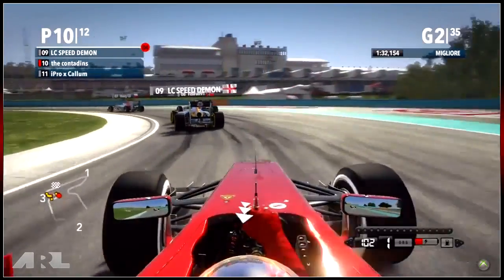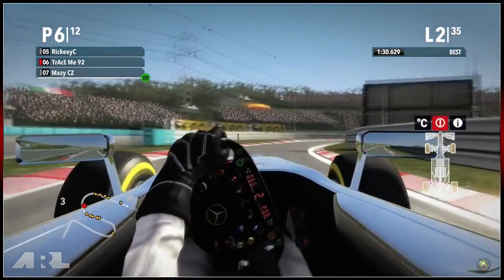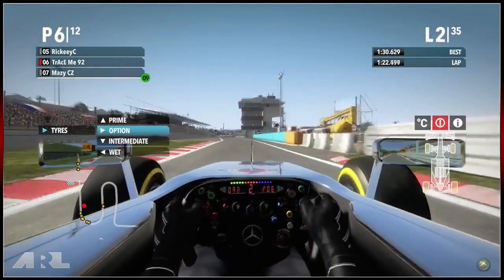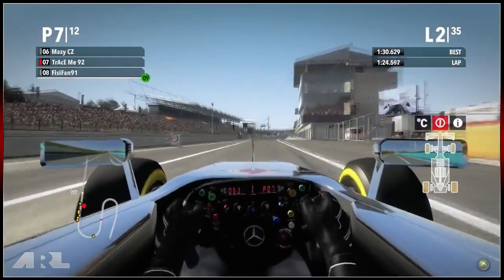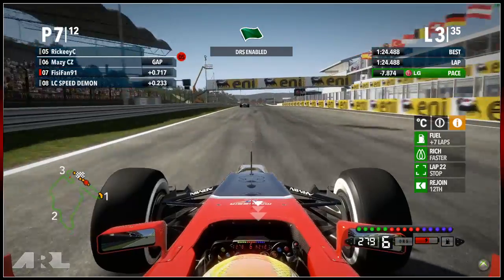You've got Mazy CZ, Fizzy, LC and the Contadins, as Trace comes into the pits now to change his camera angle, and this is going to be significant for his race. Well, he's going to bolt on another set of option tyres, which is definitely going to help him out in terms of wear rates, but of course that's now going to put him right to the back of the field,